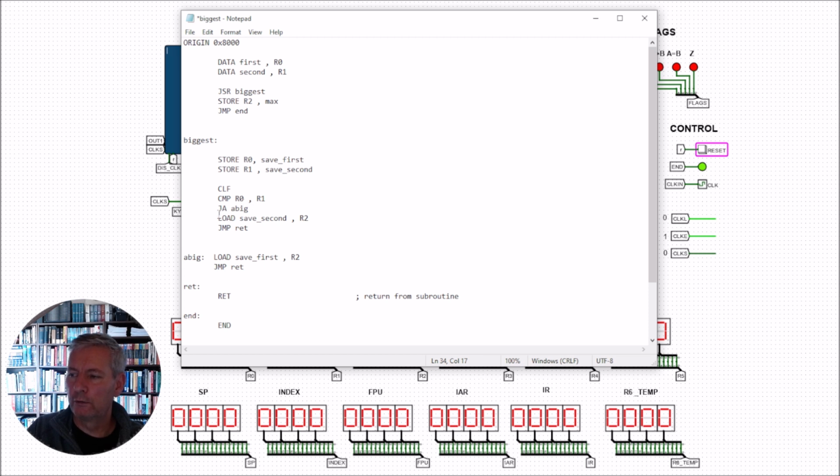Now we're going to jump if A is bigger to the point A big. So this is A big here. If the first number is bigger than the second number, then we load the first number into register R2, and then we jump to the return. So we get to the return here, it says return, and it goes back up to